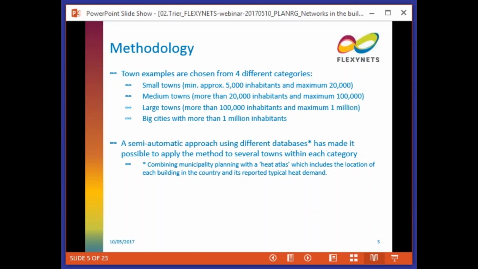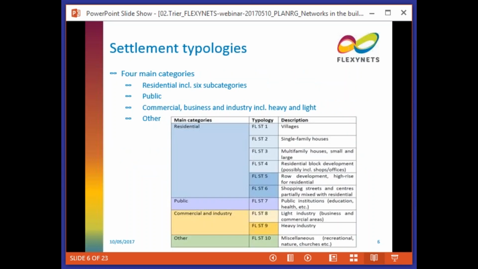So these typologies that I'm talking about are, as shown here, split in 4 different main categories, and within these even subcategories are included. So we're not only talking about, this is a residential area, but we're also looking into, is it a suburb where the households are distributed a lot, or is it a downtown high dense area with high-rise buildings and so on. So this way we have